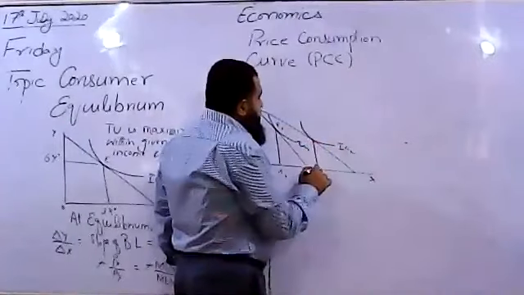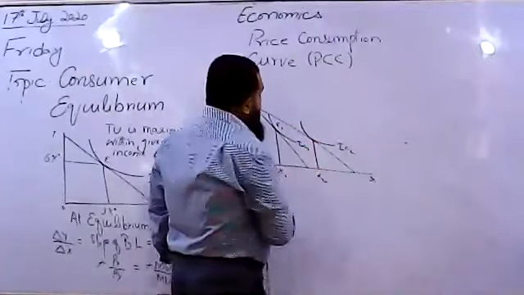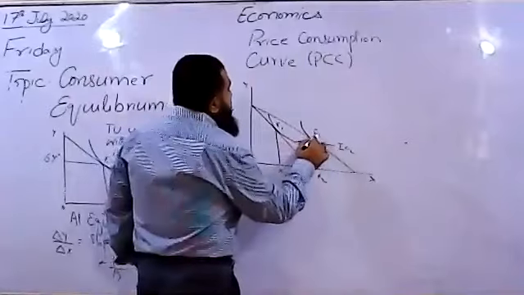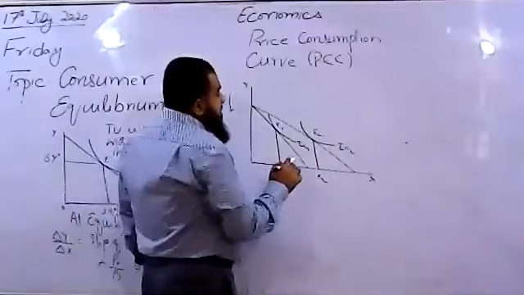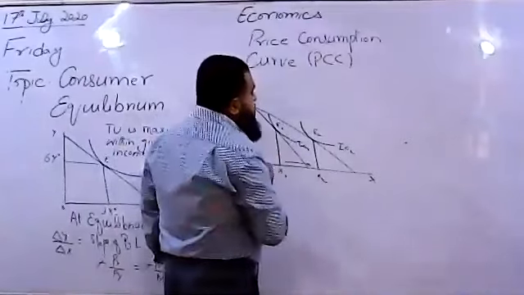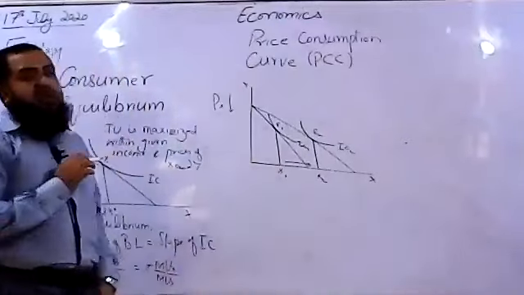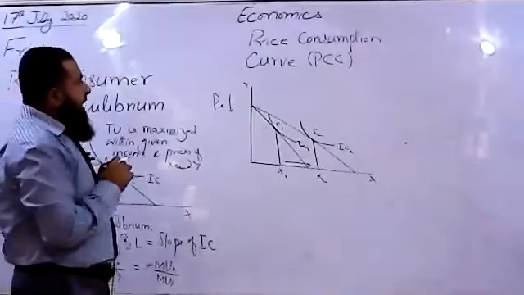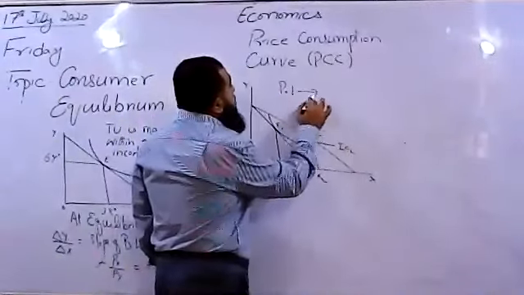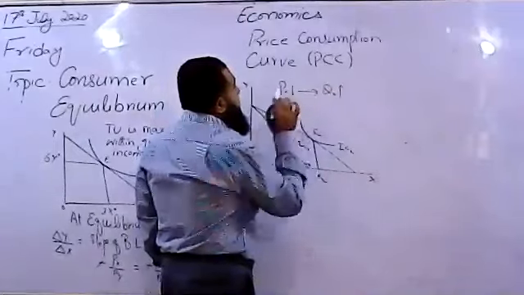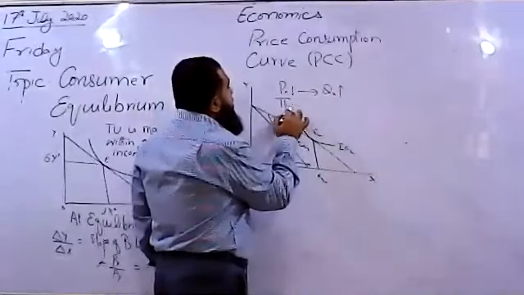So he moves to this point X2. You can see when the price of the good decreases, for a normal good, the consumer will increase the demand of that commodity. So price falls, quantity demanded of X increases,